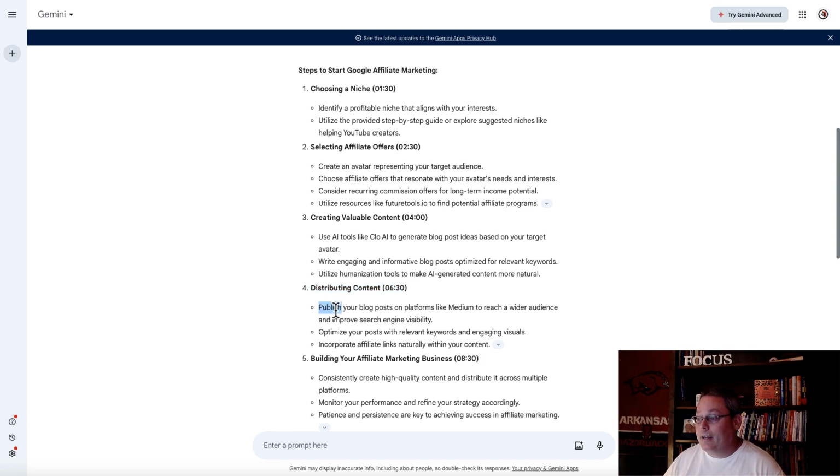And as he says here, you publish your blog post on platforms like Medium to reach a wider audience and improve search visibility. Just like I showed you, my blog has all that content. Some of that content is indexed. Some of that content ranks. Some of it won't get indexed. Some of it won't rank because it's not indexed, meaning it can't be found on Google if people are searching